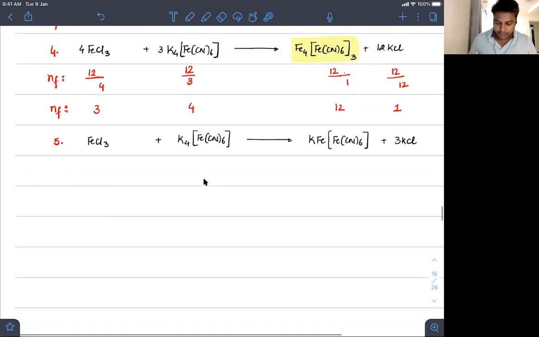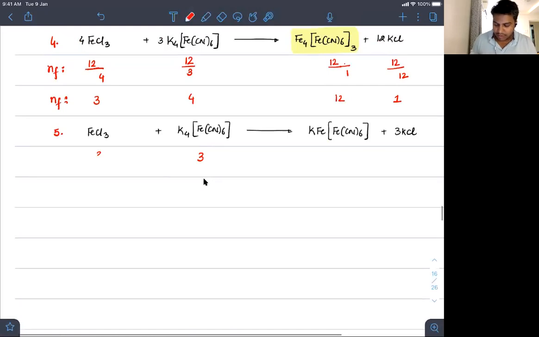So you can see here, out of 4 potassiums, 3 has been replaced, 1 has been remained. तो हमको ये पता है ना, यहाँ पे 3 होना चाहिए. This has to be 3 by 1. This also has to be 3 by 1. This has to be 3 by 3. Simple है ये तो. So n factor here is 3, 3, 3 and 1.